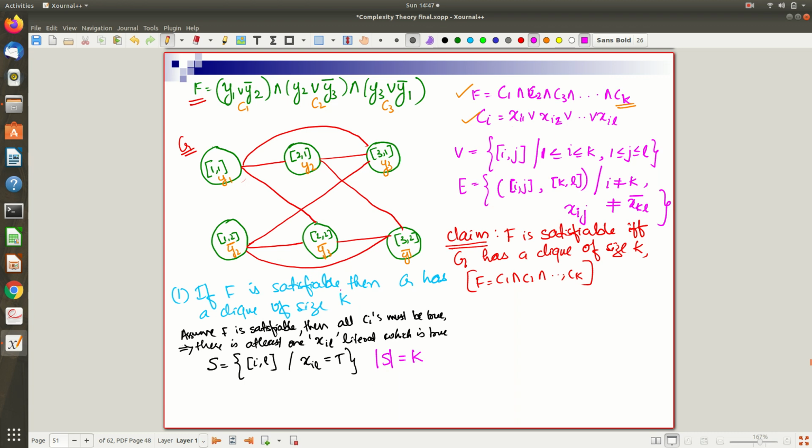So just think about it. This implies S is a clique of size K. Why is it true? Clique in the sense it is a complete subgraph. Every pair of vertices within S should be connected to each other. So take any pair of vertices. Why is S a clique of size K? For all pairs of vertices, let me take one vertex as i_l and another vertex as some j_m. So all pairs of vertices i_l and j_m that belong to this particular set S I considered,